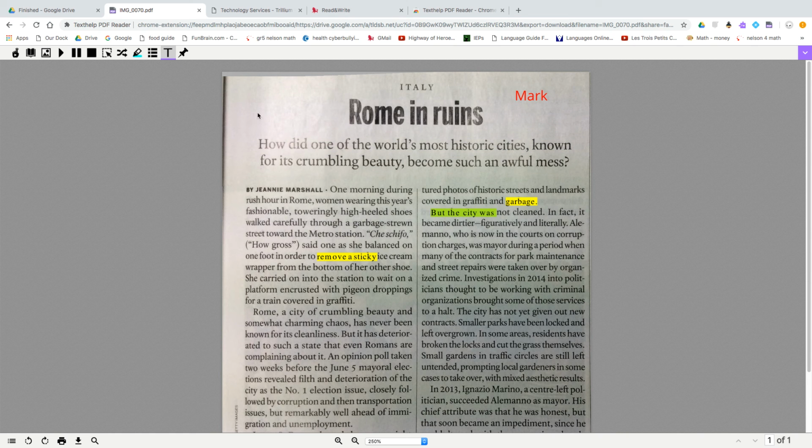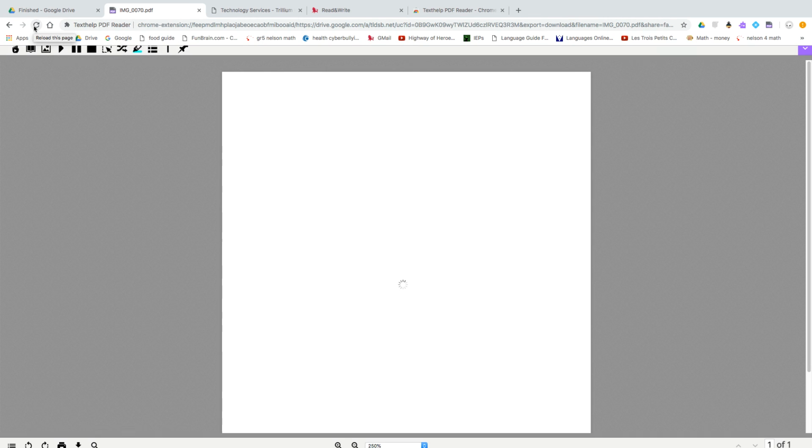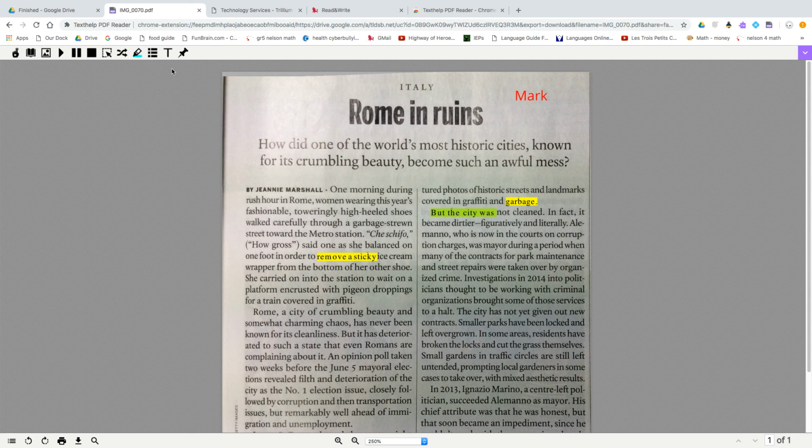One thing we always say to the kids is when something's not working right, turn it on, turn it off. And if that doesn't help, then we refresh. I'm just going to refresh for a second. It'll load it back up. You'll notice my writing will still be there. My highlight should still be there. Nothing is lost. Click on the typewriter again, click, and I can type